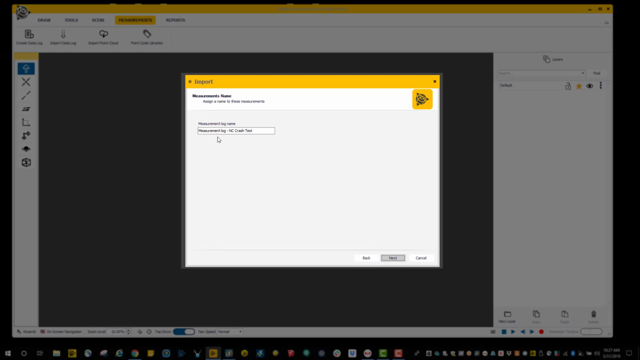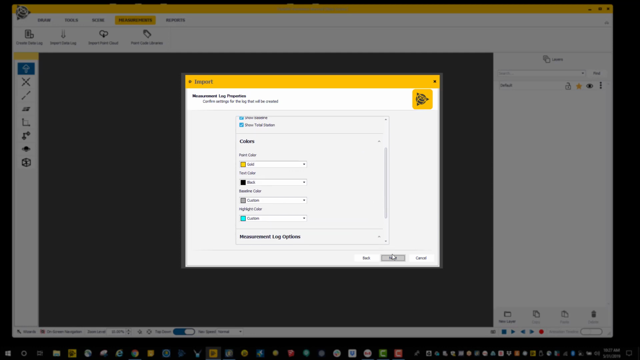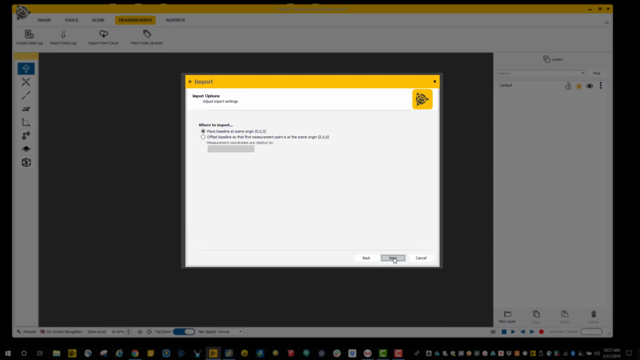My measurement log name from my survey data is going to be called measurement log NC test, crash test. If I want to change that, I can. Then I'm going to go to the measurement log properties and automatically assign point colors. If I want to change those point colors, I can do that now or later, however you'd like. This is going to place the baseline at 0, 0, the middle of your canvas